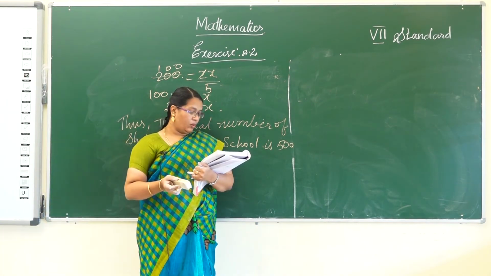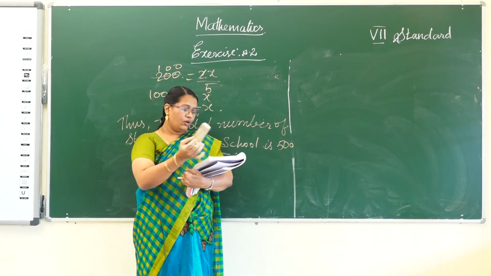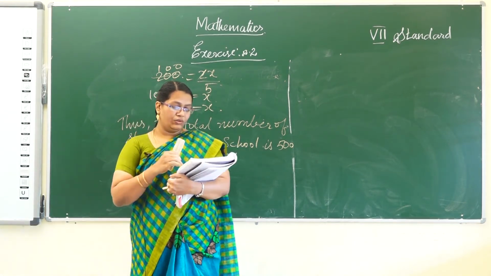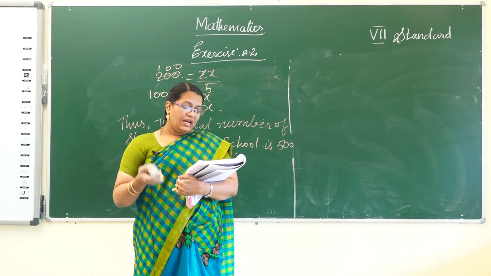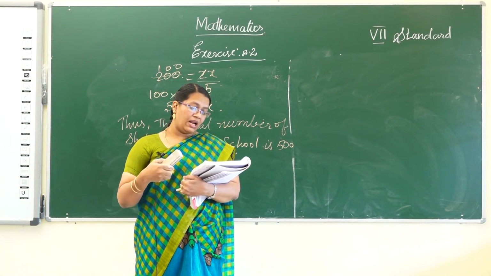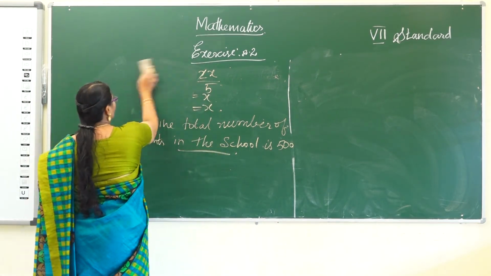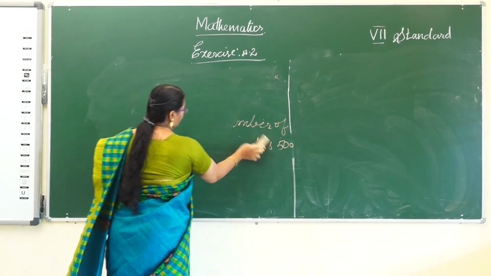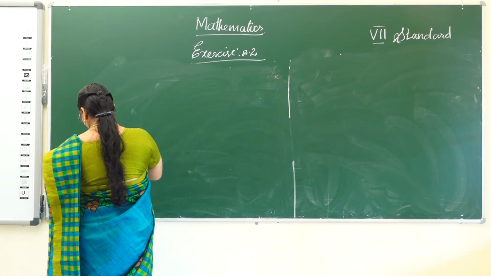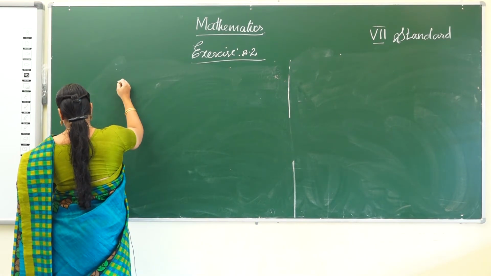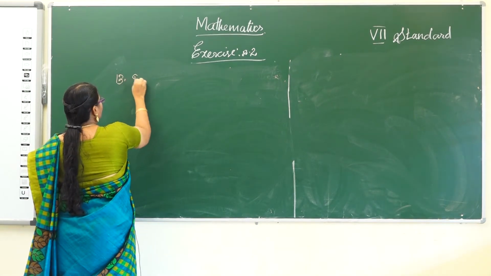Now see the 12th problem. Sarita has, okay, you will do the homework. The 12th one you will do as homework, and another one of the type, I will do the 13th problem. Divide the sum of 65 by 12 and 8 by 3 by their difference. So the 13th one, divide the sum of.